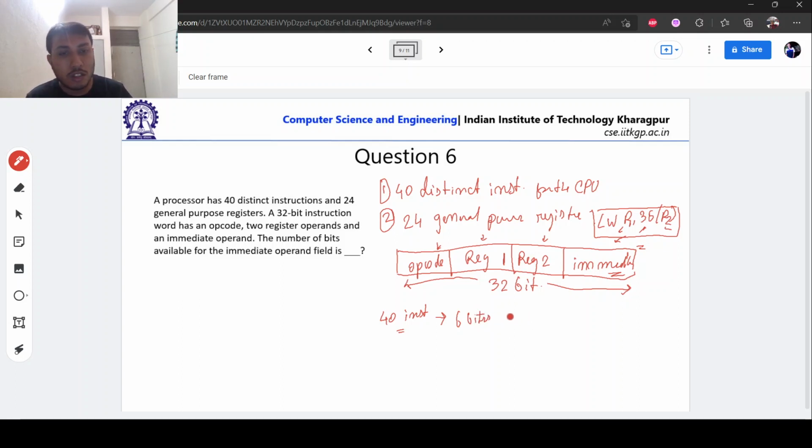That is because the nearest power of 2 above 40 is 64. So 64 is greater than 40, and 32 is less than 40. So you need 6 bits to represent each of these 40. You may ask how they look. Basically these are address fields: